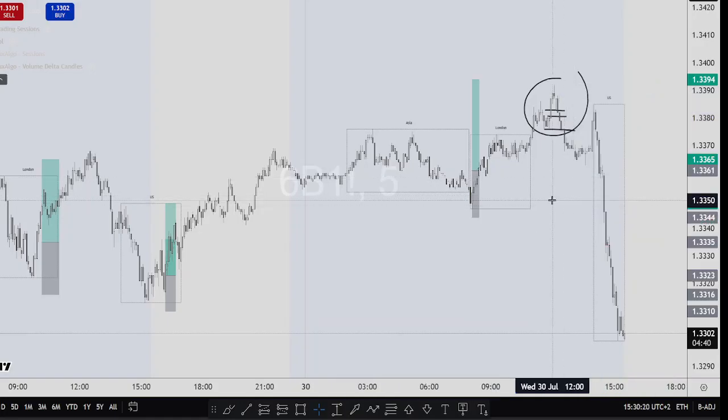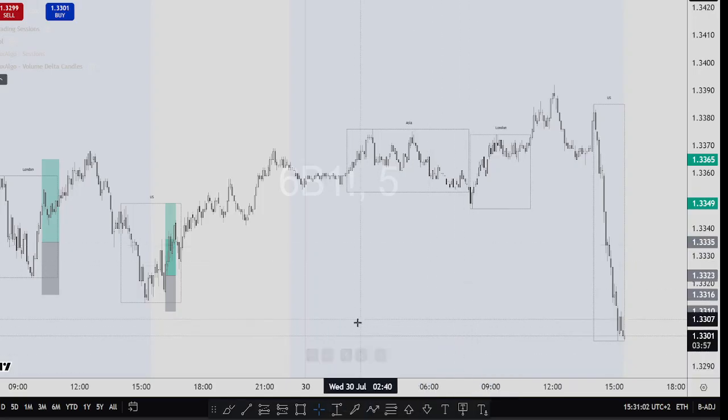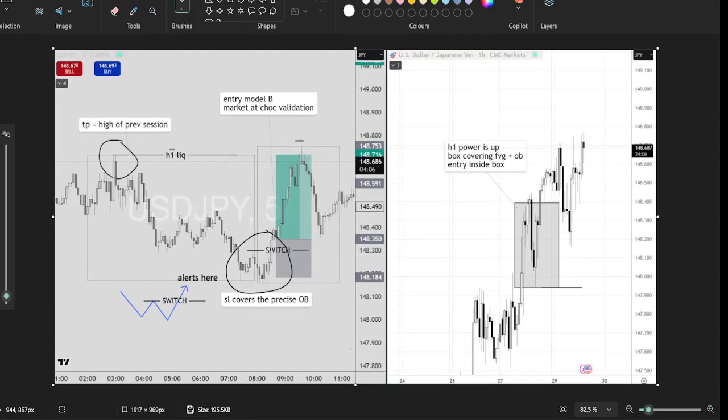I did not take that though, so we can remove them. I have an example of the B model though, and I think I have it on a picture. Let's see. All right, yes, here it is. So I made this yesterday after looking at the chart. This is previous day action, and this example is on dollar yen. We have 5 minutes to the left, we have 1 hour to the right, and so the idea is,